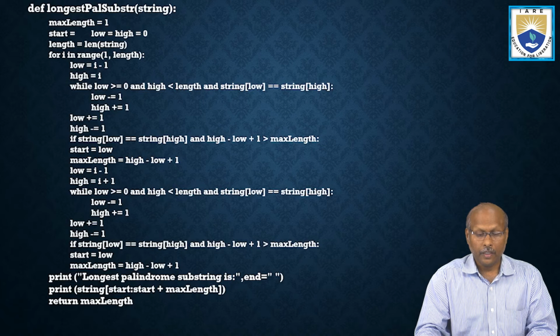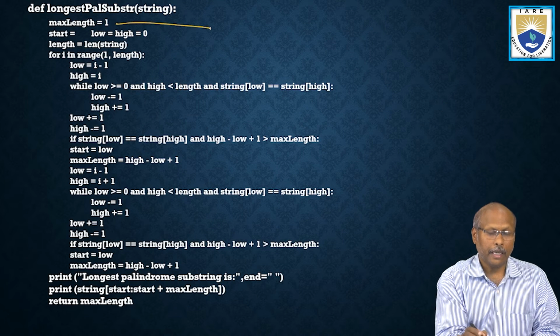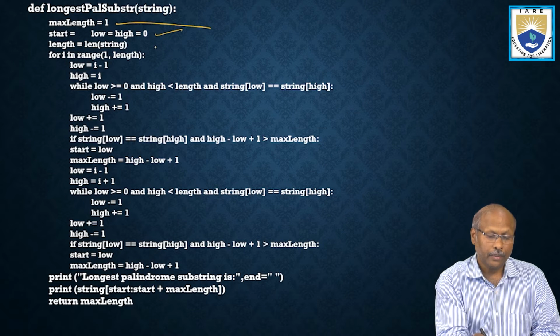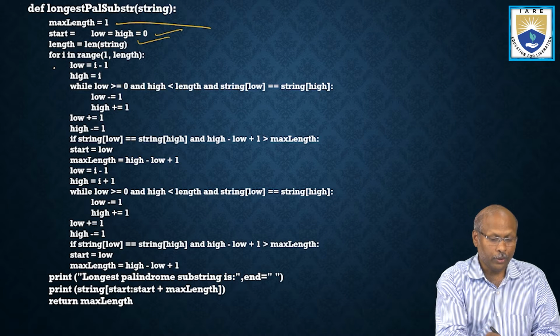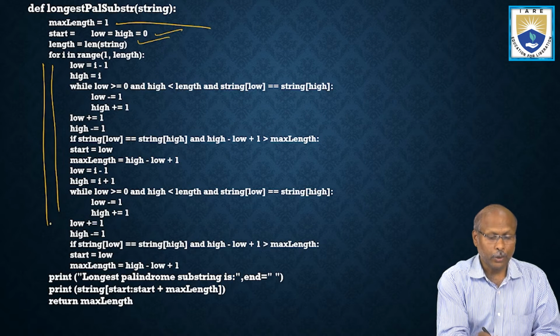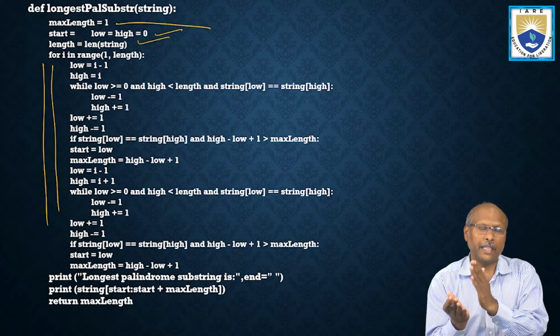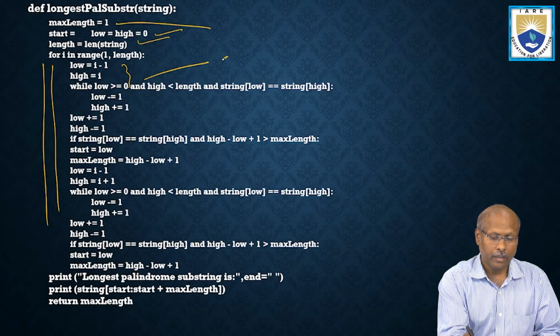So try to know the time complexity as well as the space complexity of the particular program. Now how will you write this program? You can observe here. Initially I made length 1, and low index is 0 and high index is 0. Length of the string, I found the length. Then here I told you put a loop. In this loop, always you have to take 2 things, even length as well as odd length. So initially low is I minus 1 and high is I. So that means this is for what? Even length